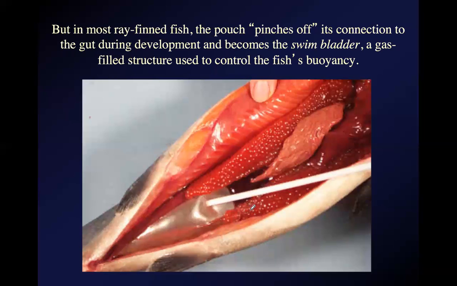In most bony fish, that connection with the outside has been lost, and the ability of that pouch to absorb and contain gases has gotten reused again to create an organ that controls buoyancy, instead of an organ that absorbs oxygen for respiration. So you've got multiple instances of exaptation, not building anything new, but working with potentials that you've already got. And that is an extremely common way that evolution works to build complex structures.